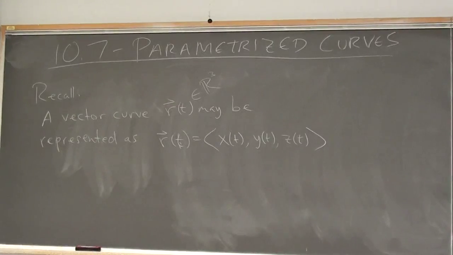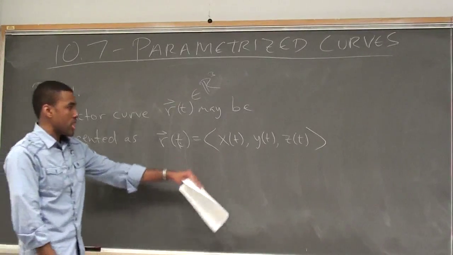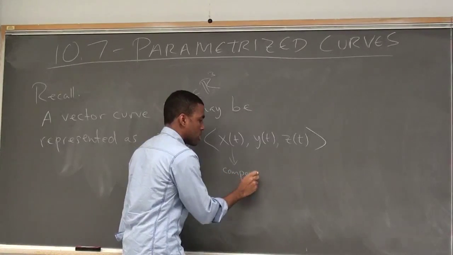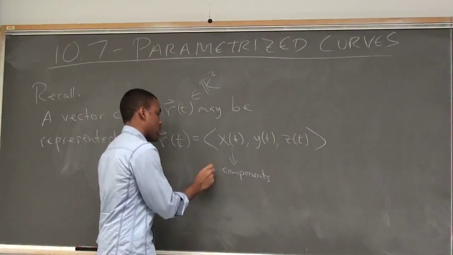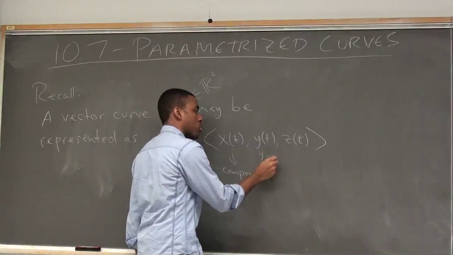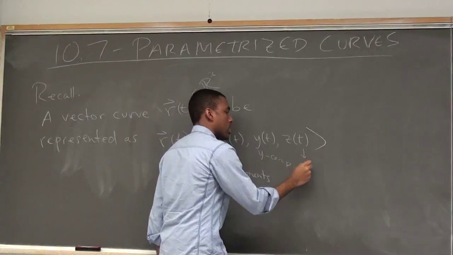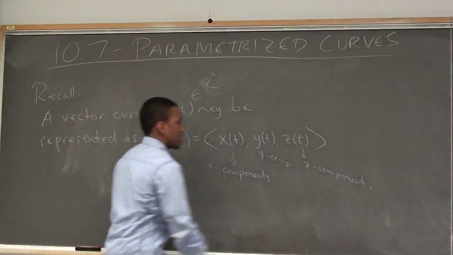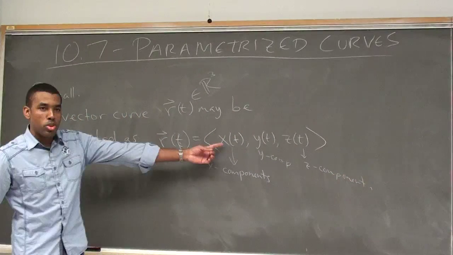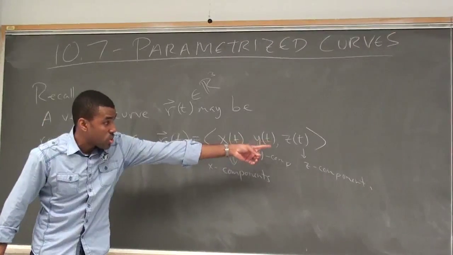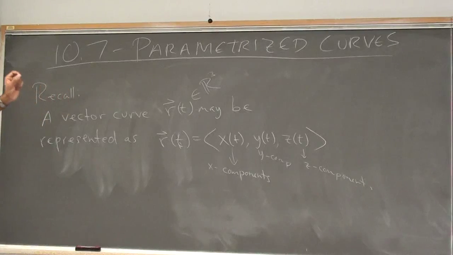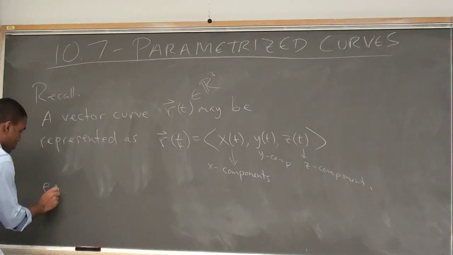So you can write it like this, where these are just functions of time, right? These guys are called components, right? So this is called the x component, this is the y component, this is the z component, right? So this tells you what the x coordinate is doing, what the y coordinate is doing, what the z coordinate is doing, and at any given time, they will tell you how to plot a point on this curve in free space. Right, so for example,